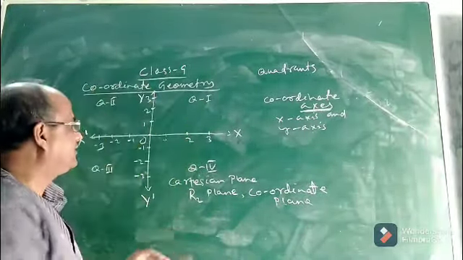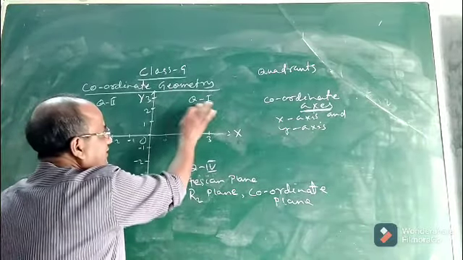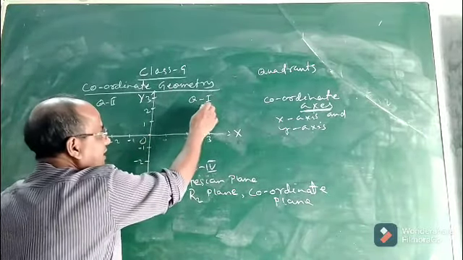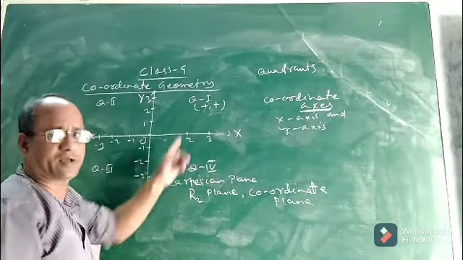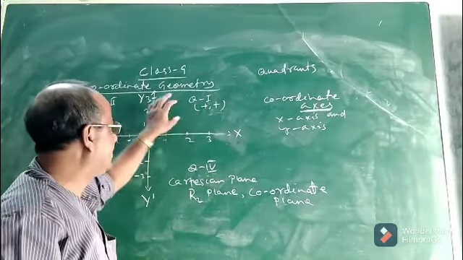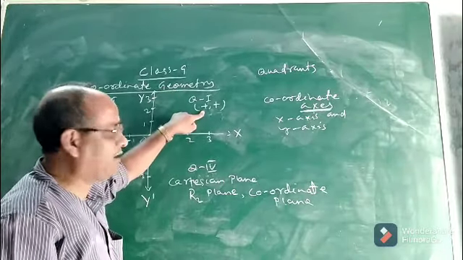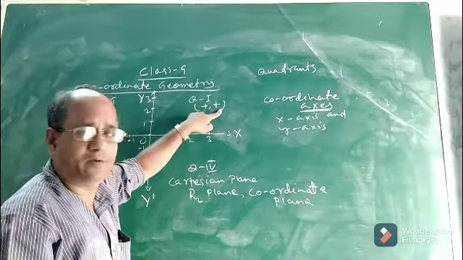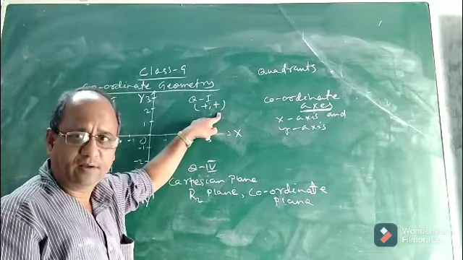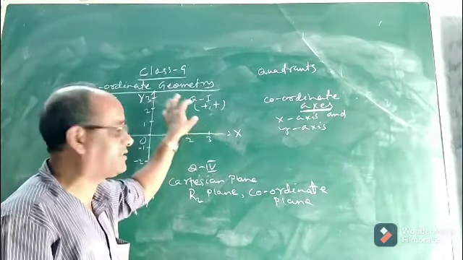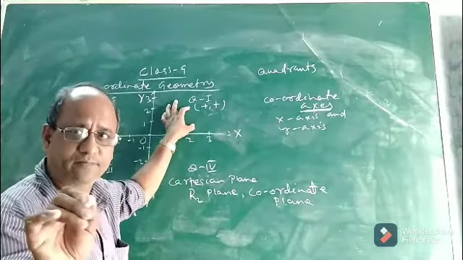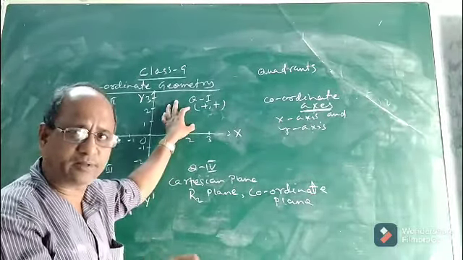Now see, children, what is the sign of this first quadrant? The sign is plus and plus. What does it mean? It means that in this quadrant, the value of x will be positive and y will also be positive. Both the x coordinate and y coordinate of any point in this quadrant will be of the same sign, that is positive.